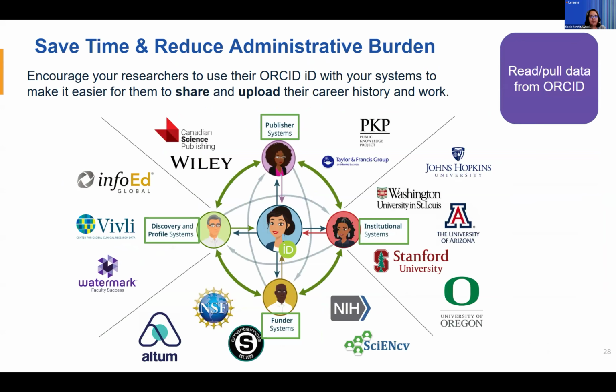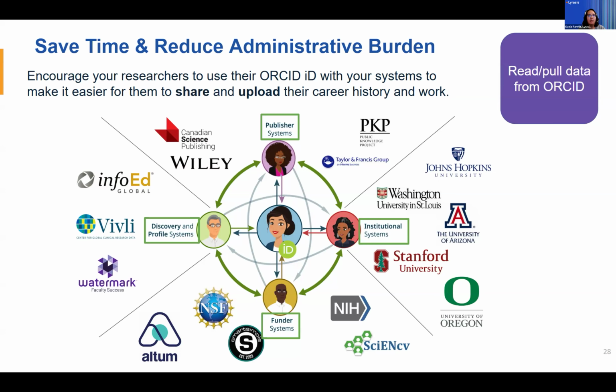For the researcher, they're saving time by not filling out, they don't have to fill out all their forms manually. There's a lot of forms they have to fill out over the course of their career and work. And this just helps with the click of a button. You don't have to do all of that manual typing. And it also helps mitigate those typing errors. You may accidentally type something incorrectly, for example. And so the Member API helps make sure that that doesn't happen by just pulling the information directly from their